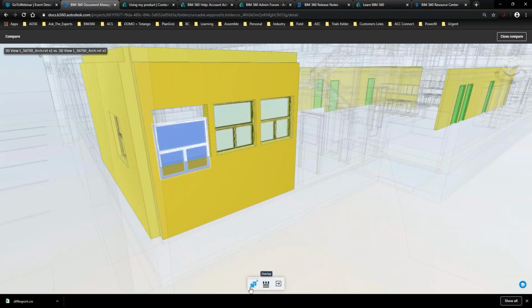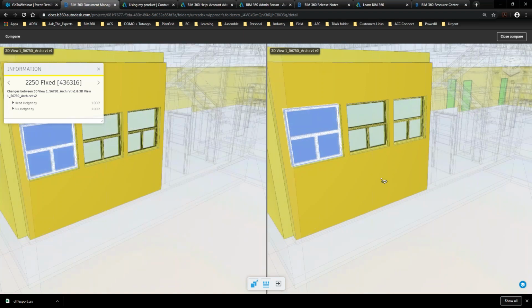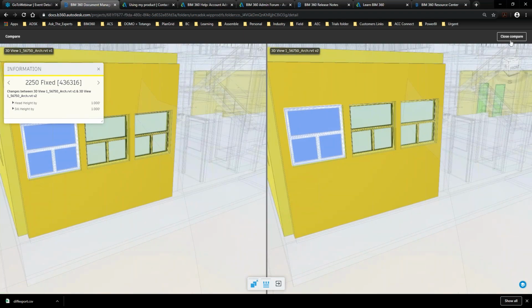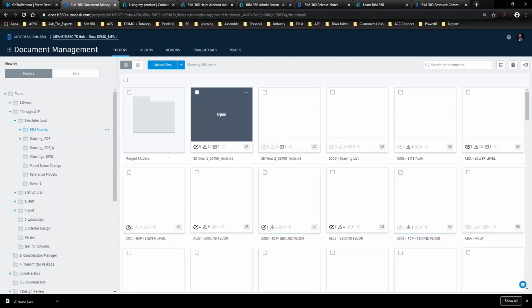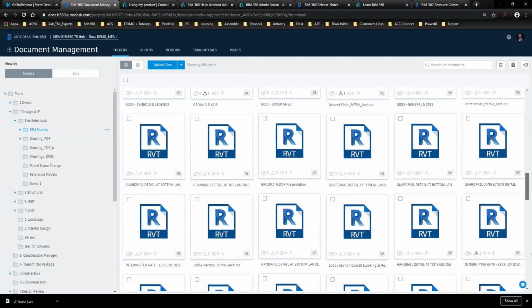Okay, I'm going to close this, and now, instead of having the 3D overview, I want to have the split view or side-by-side view. So I can have this in here, and I can definitely check different things between version 1 and version 2 if need be. Okay, I'm going to close this, maybe go to the 3D view itself and just show you